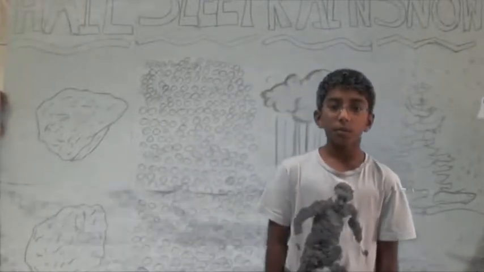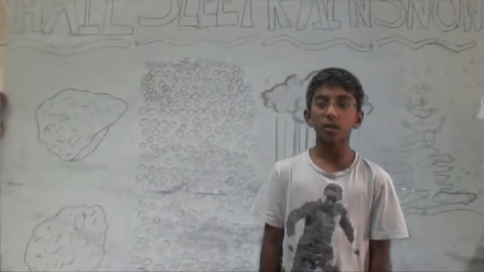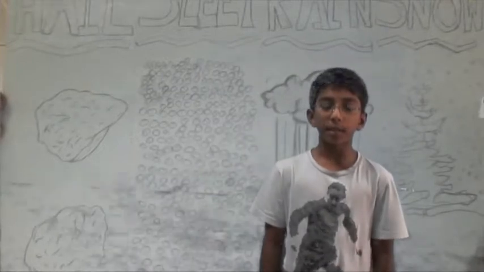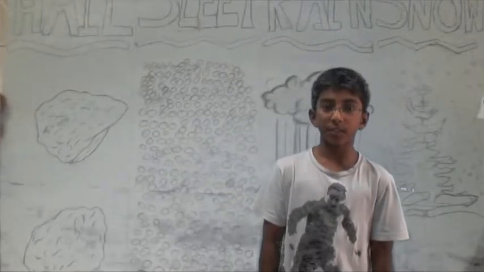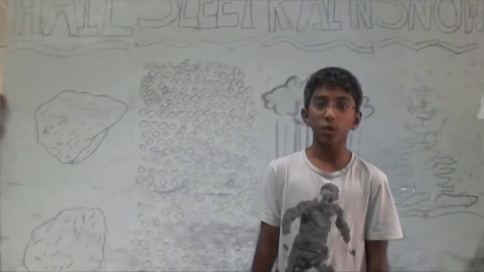Next type of precipitation I'm going to be talking about is sleet. It is basically just freezing rain, frozen rain. Sorry. It turns into rain. When the